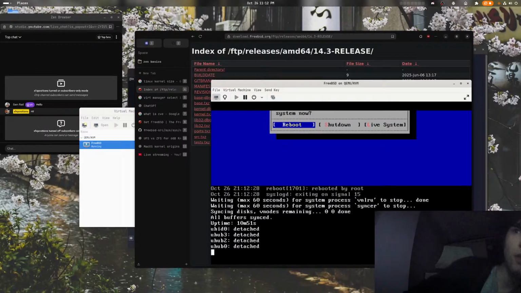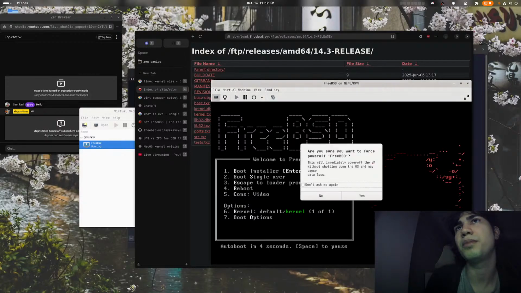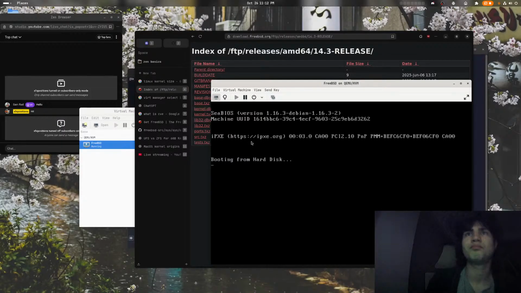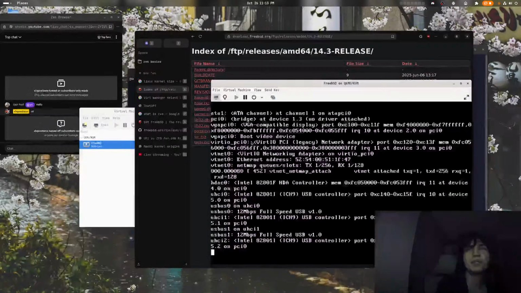And we're probably gonna be shutting down our machine again and go to settings, and we're gonna select the virtual disk to the first one, and let's run it again. And we're gonna boot from the hard disk. So we have boot single user or multi-user. So we are gonna use actually a single user. Let's put it on multi